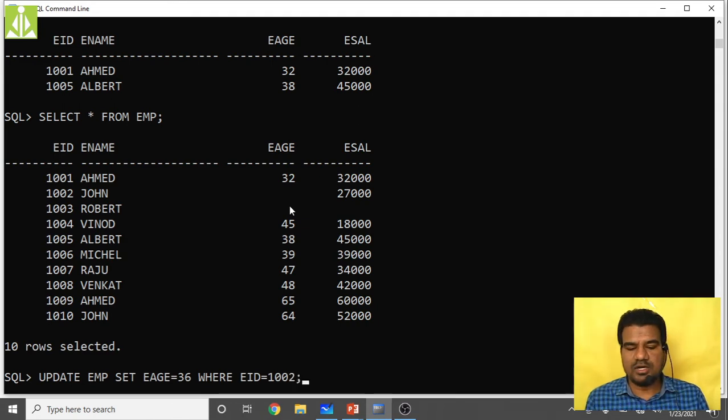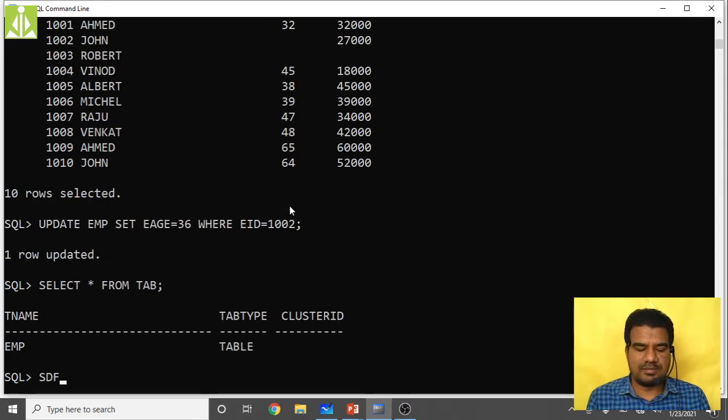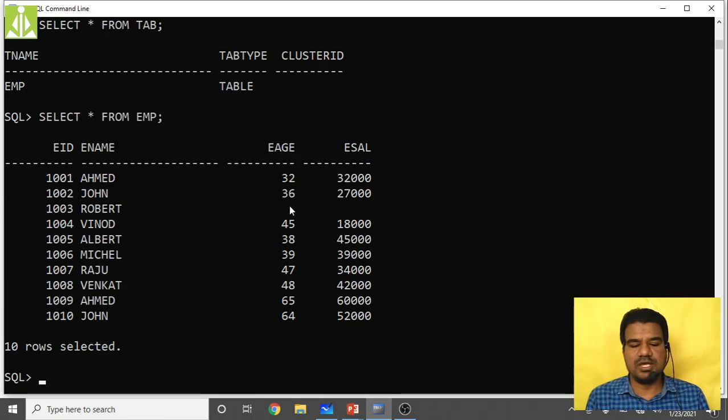Simply, it will update that value. Hit enter: one row updated. Wonderful. Now go and select star from the table, sorry, my mistake, the table name we have to put is employee. See over here, now employee 1002 got 36 as age.